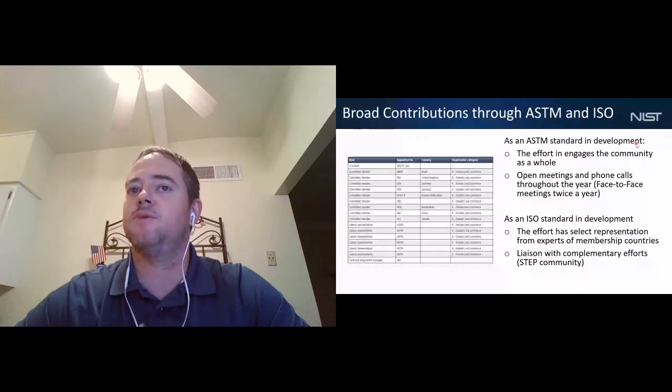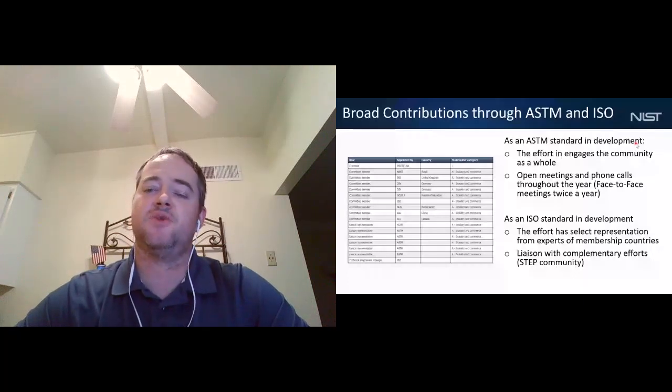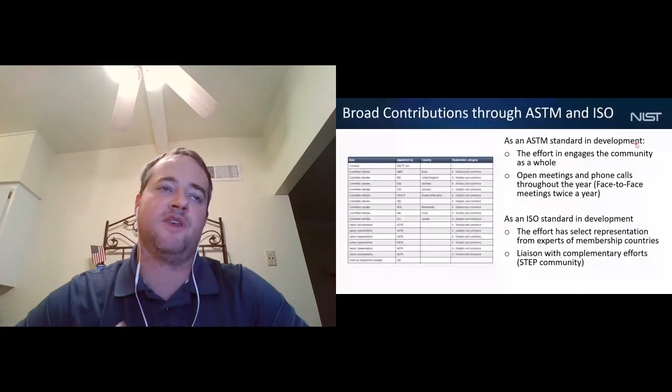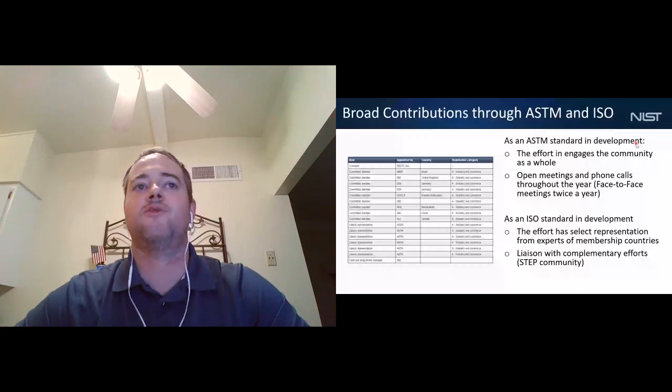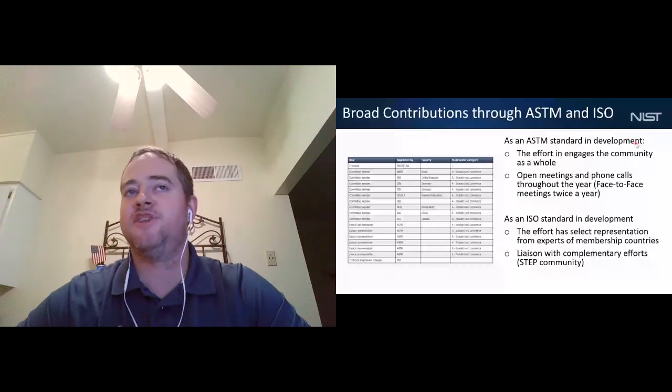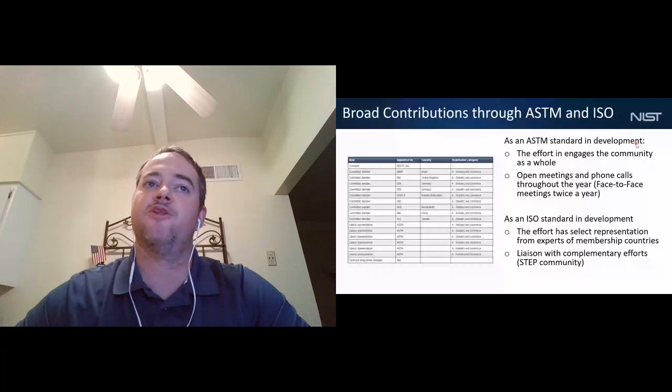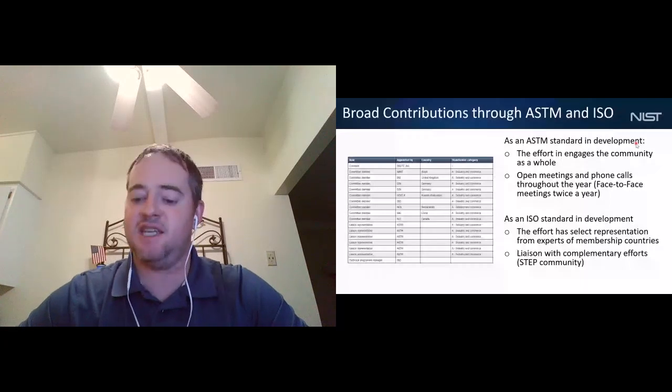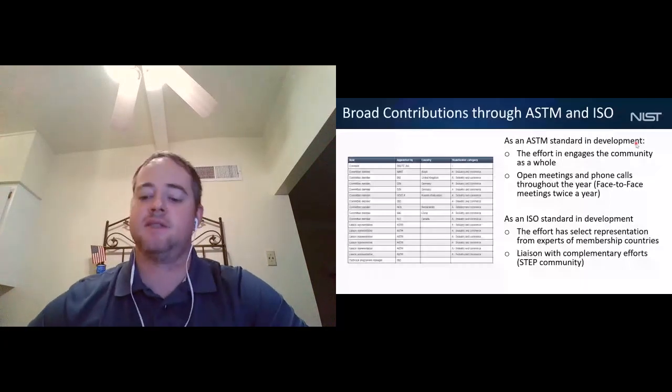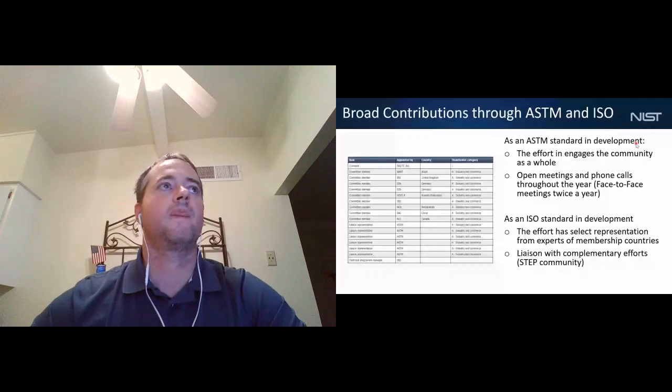So the idea is that we come to consensus not only within the ASTM community, but within the ISO community. I think you'll hear more tomorrow about this unique agreement between ASTM and ISO, but this standard actually falls under both organizations. So it will be developed as an ASTM standard and also be recognized as an ISO standard moving forward.